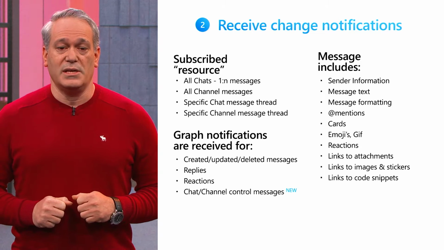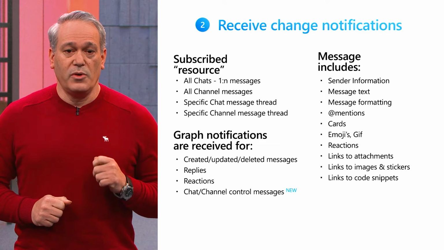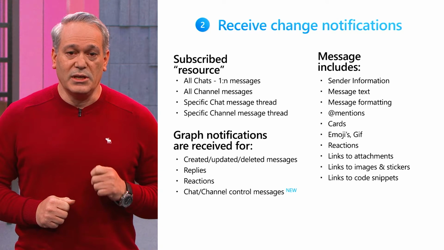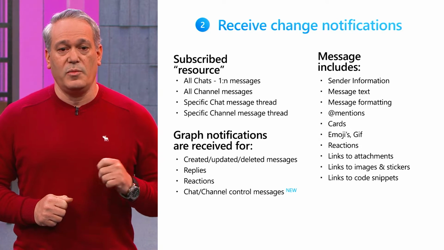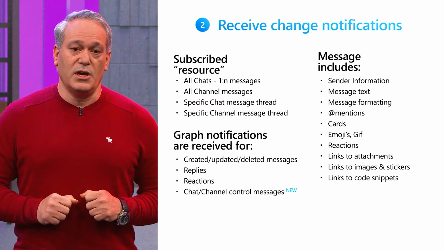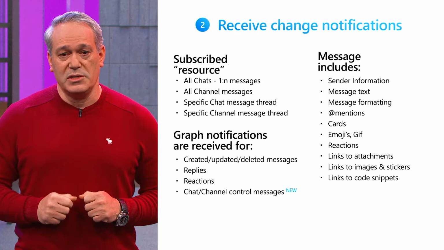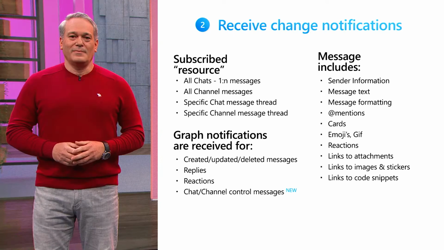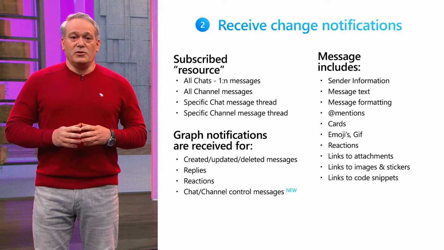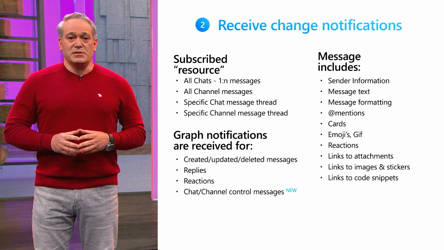As a rule of thumb, a subscription is only good while it's active. We recommend separating your subscription renewal service from your main application service so you can keep renewing subscriptions even if your main service is down. Graph Publisher Service will attempt to send notifications for up to 4 hours in case your main service is unable to respond. Great! Your application is now receiving Teams messages, and you can read all chat and channel messages.